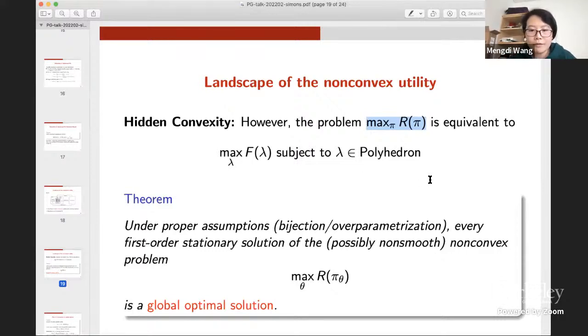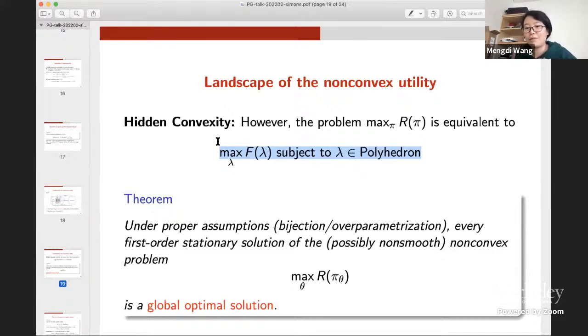In the space of occupancy measure lambdas, the optimization problem is to maximize a concave utility of lambda. And the constraint is that lambda has to be some occupancy measure corresponding to a stationary policy. This constraint is actually the intersection between a big linear system and the non-negative simplex. So the constraint in the space of lambda is actually a polyhedron,